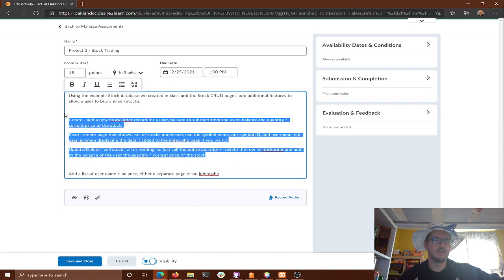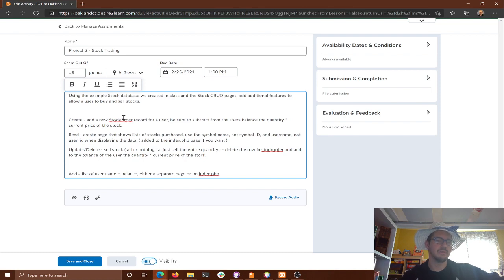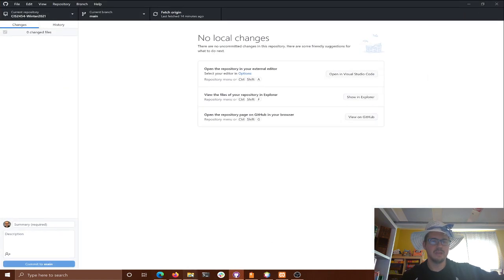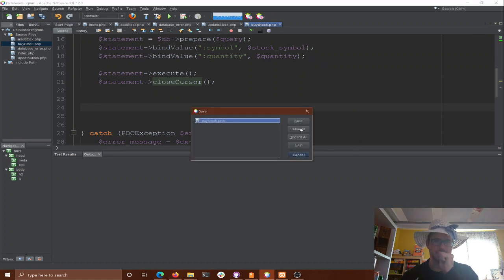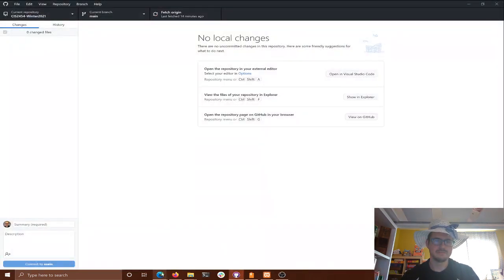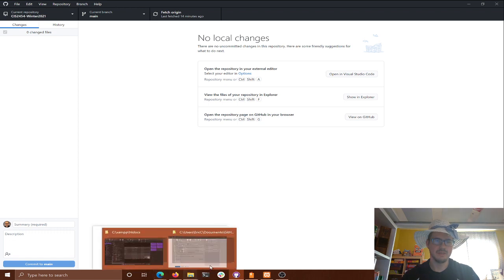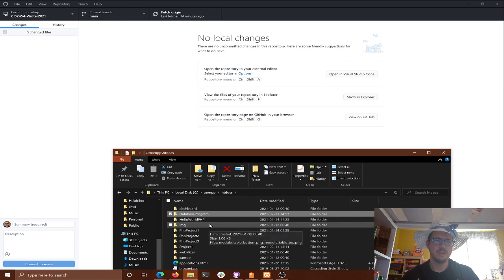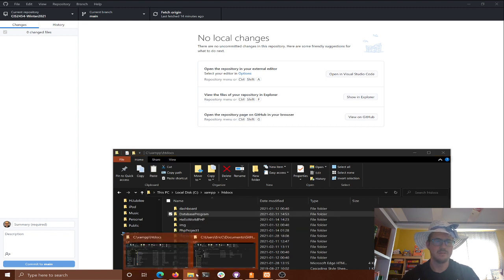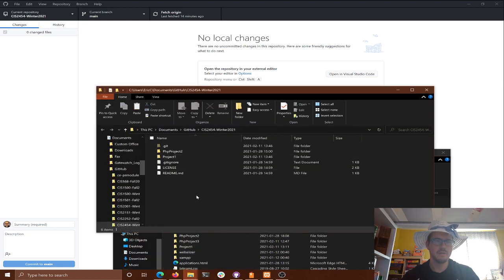Okay, so we're doing all the stock order stuff. You can use my examples. So let me go and add all my current stock stuff here. So save all. I think that was fine. And let's go find our htdocs folder. This is our database program. Oh, I should have called it like stock program, but that's fine. I'm going to put it in here.